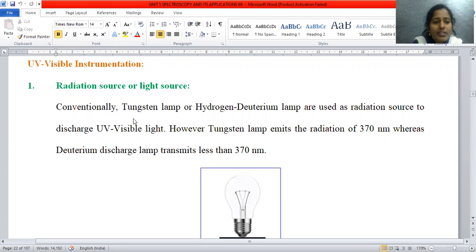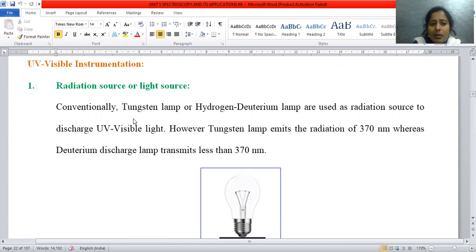In today's session, we are going to discuss UV visible instrumentation, how the compound gives signals when it is placed in a UV visible spectrophotometer. UV visible spectroscopy is alternatively known as electronic spectroscopy, and we discussed the various kinds of transitions possible in this UV visible region in the last class.